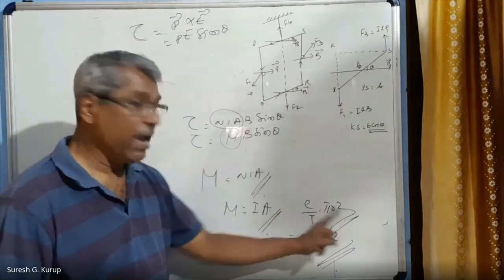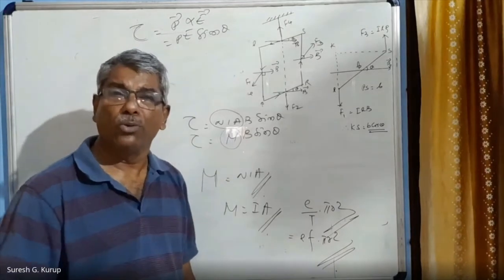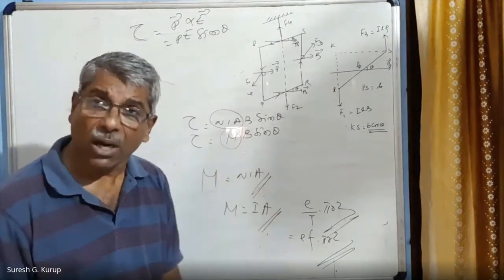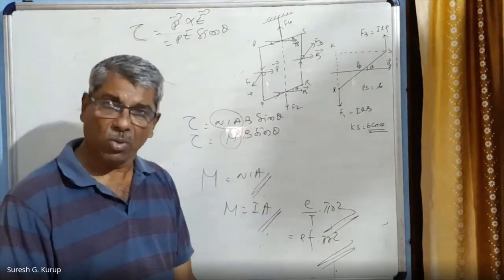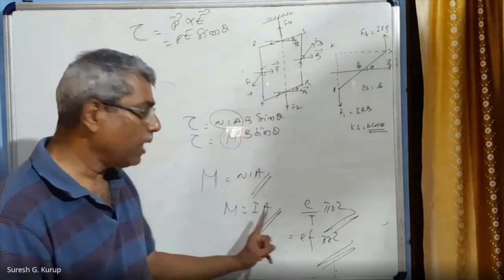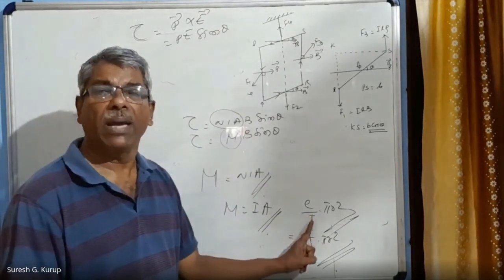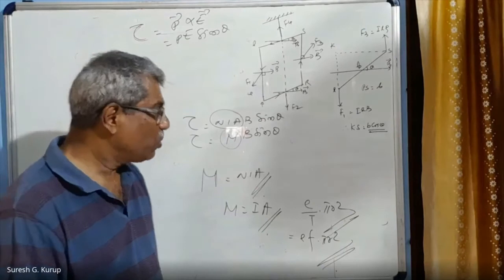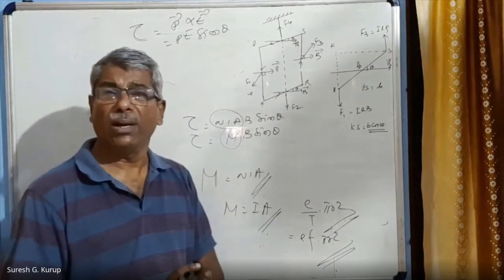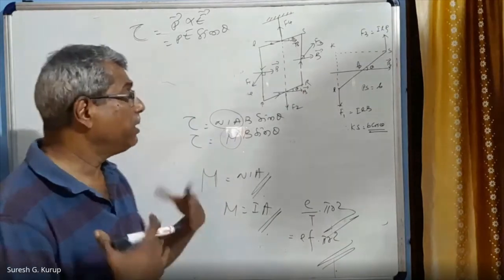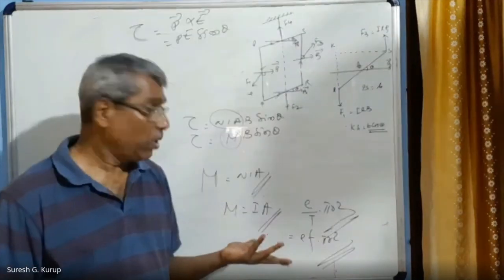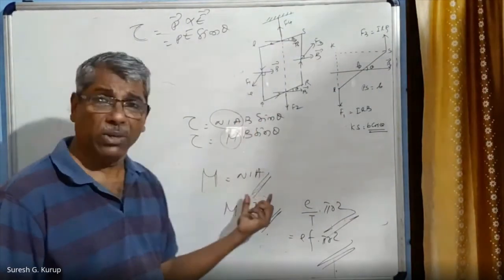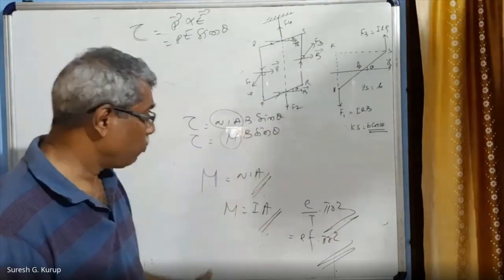Therefore, electrons moving in a circular path around the nucleus is also just like a current loop. If it is a current loop, that must have a magnetic moment associated with it. Magnetic moment is equal to I into A. In the case of an electron, it is e by capital T into pi r squared. That is equal to e f into pi r squared. Am I correct? So these are the things about the torque acting on a current carrying loop placed in a magnetic field, and it is similar to that of a dipole magnet. All these things I said. This is compared also. What is the magnetic moment associated with a current carrying loop placed in the magnetic field?